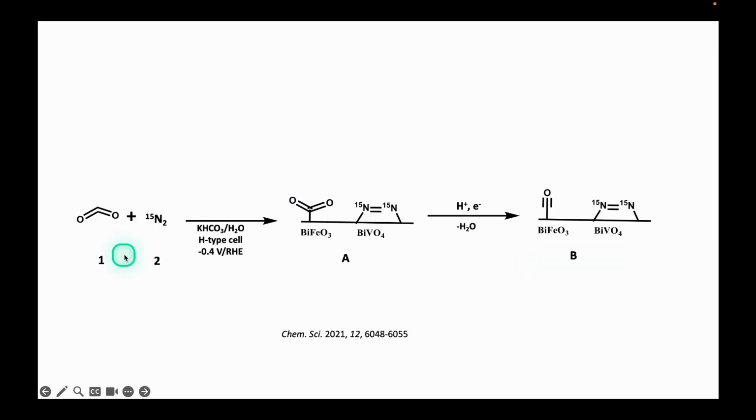The production of urea labeled with nitrogen-15 uses an electrocatalyzed carbon-nitrogen coupling in an H-type electrochemical cell, using a hybrid support between the p-perovskite, trioxide of bismuth and iron, and the N-perovskite, tetroxide of bismuth and vanadium. Under these conditions, the adsorption of carbon dioxide is favored on the nucleophilic part and the labeled molecular nitrogen on